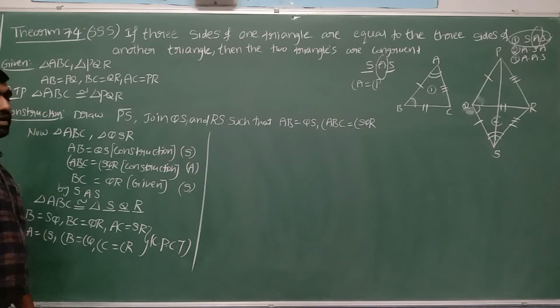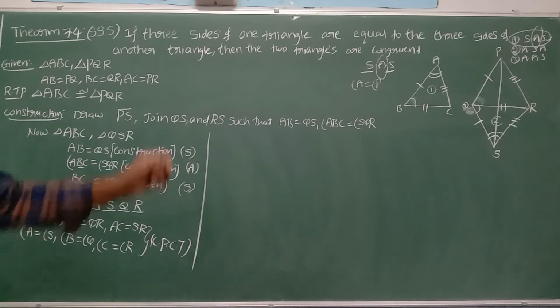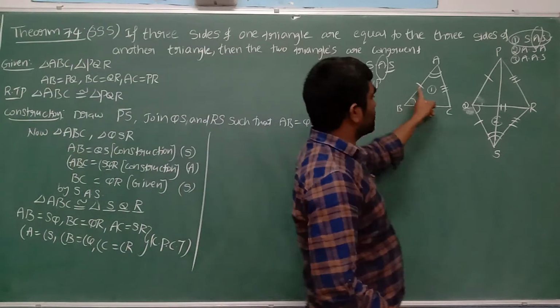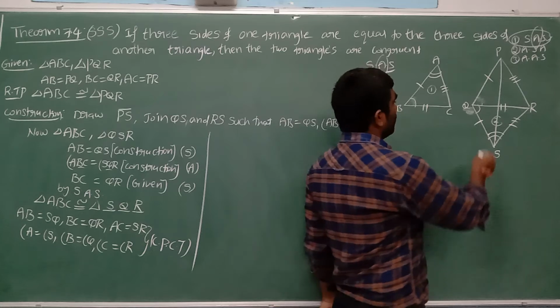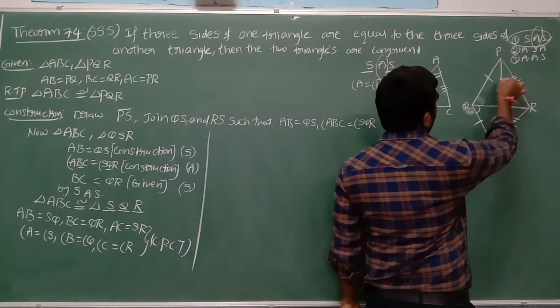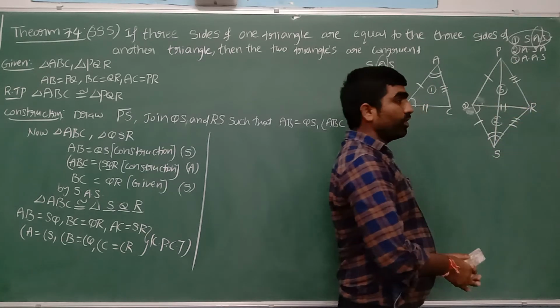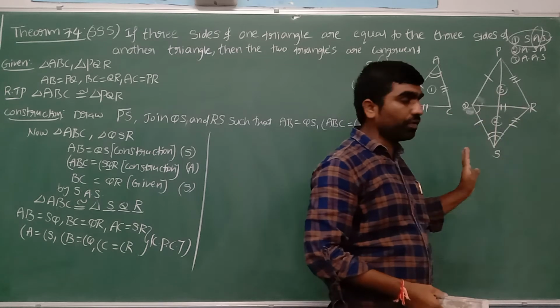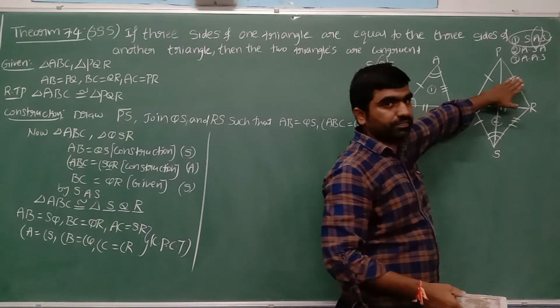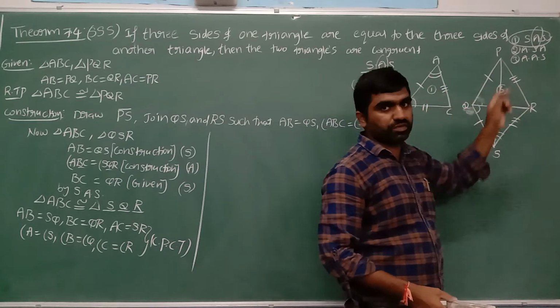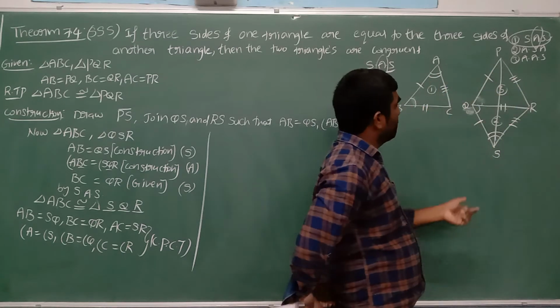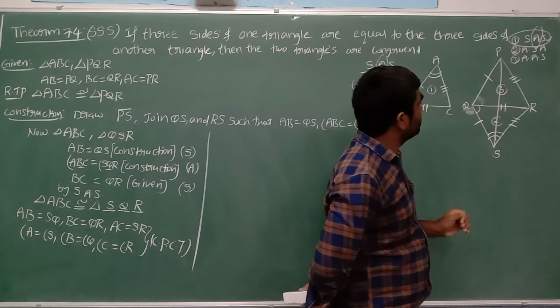Yes. Now what next, sir? Yes, we proved now the first and second triangles congruent. Now we prove the second and third also congruent. What is the third triangle? This, I proved, third triangle PQR. 1 is equal to 2, we proved. Now I am going to show 2 equal to 3. So if 2 is equal to 3, what can we say? 1 is equal to 3 also. Yes. Now how can we prove 2 is equal to 3?